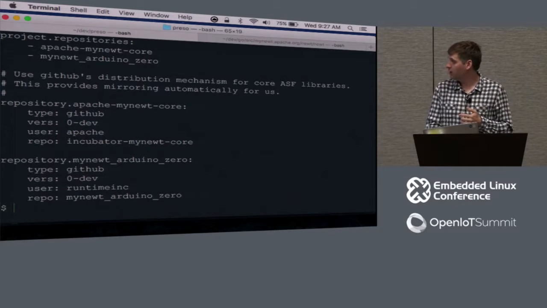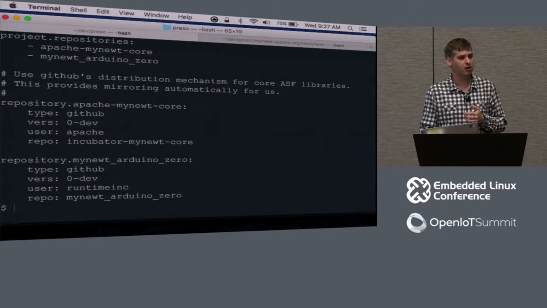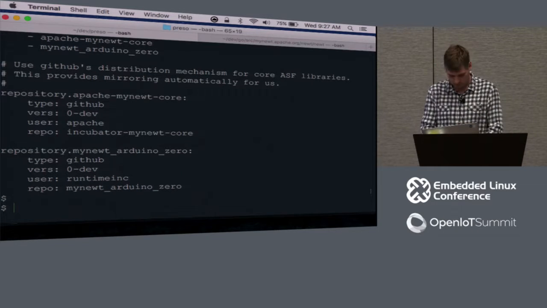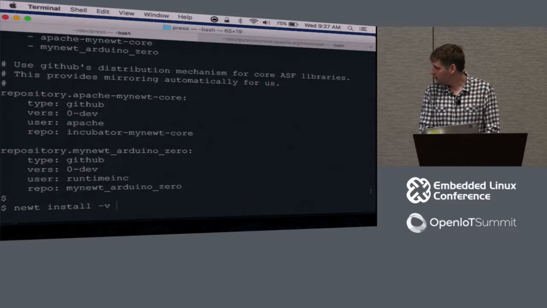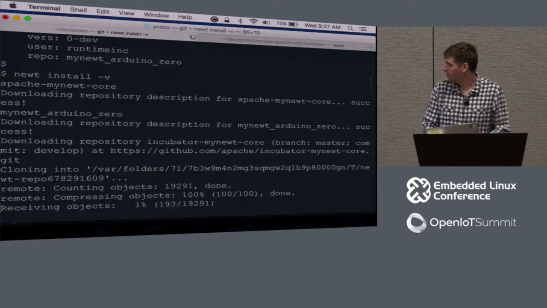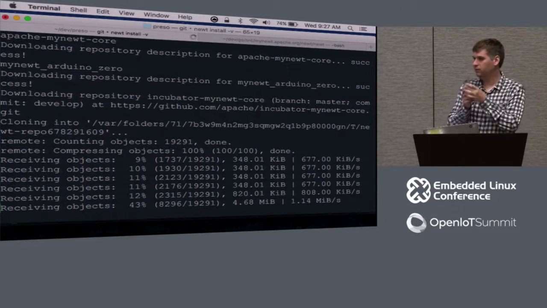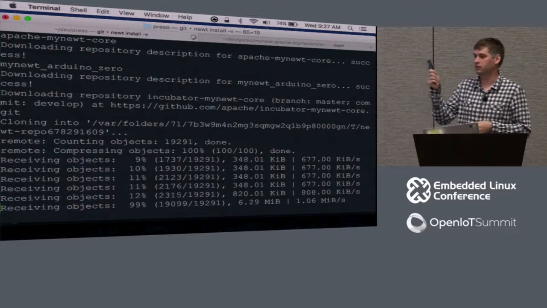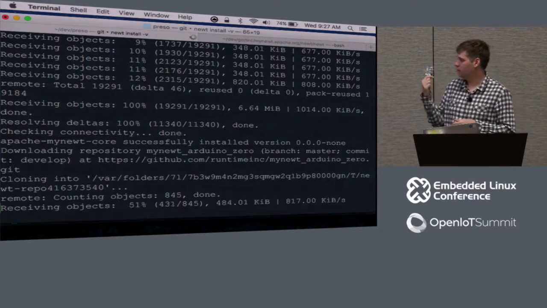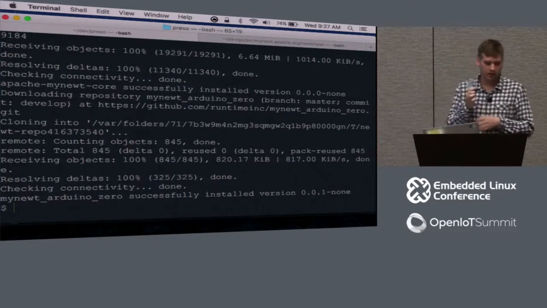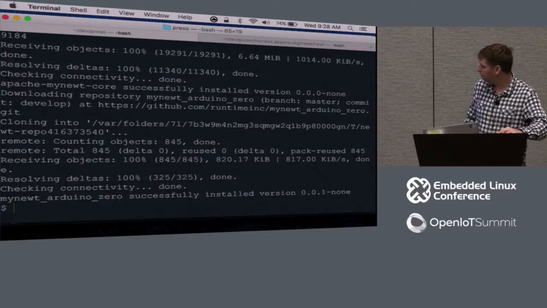And then there is Runtime, which distributes the Mynewt Arduino libraries separately. It says go get those. So we're going to type newt install -v, and that's going to take some time because of the internet. Or maybe it's going to be faster than I thought. So we're going to load it both in a simulated mode and onto this little device here. So this is Blinky. So it's gone out and it's installed the core's Apache Mynewt libraries in verbose mode, and